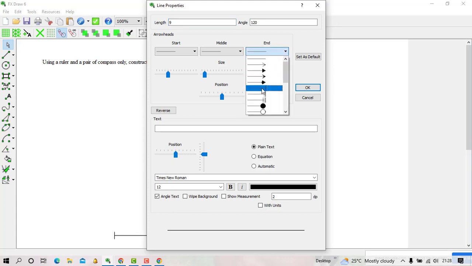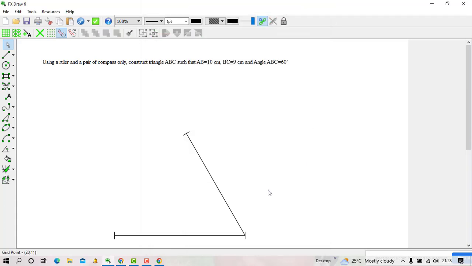I can place there the arrow end on the other end like that. So you find that now this angle is 60 degrees. So what is remaining is to insert the arcs. To insert the arcs, I say that you use the icon for mark at the arc, but you select the arc defined by center and end point.